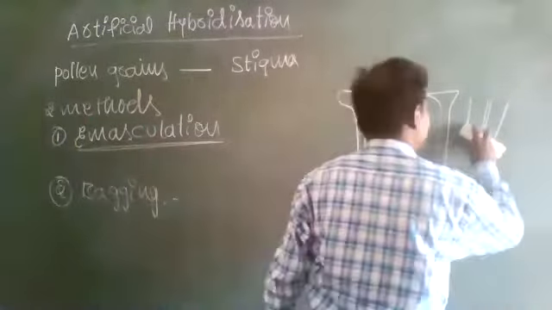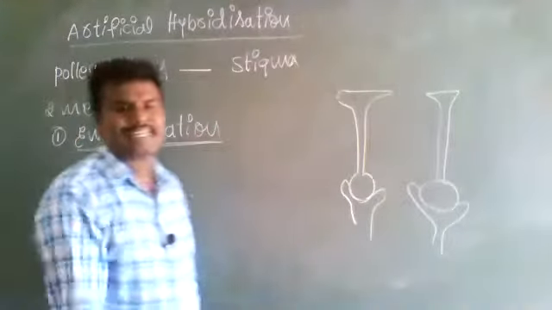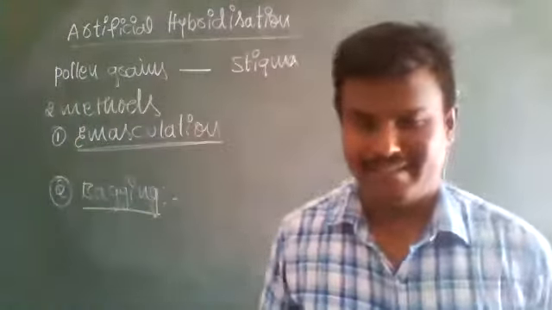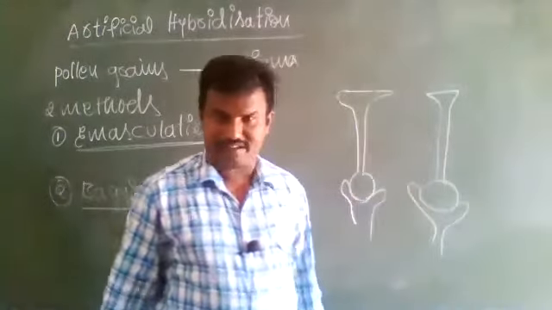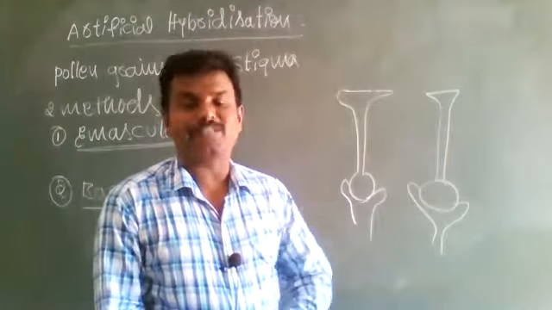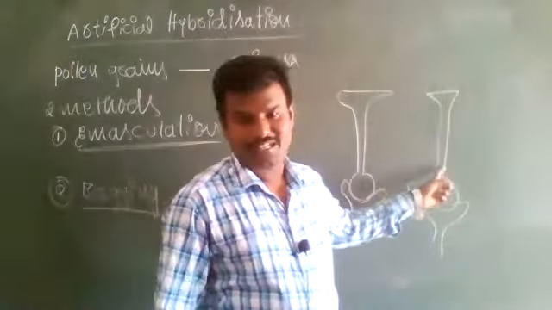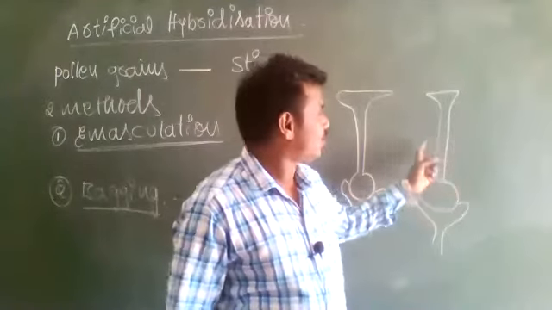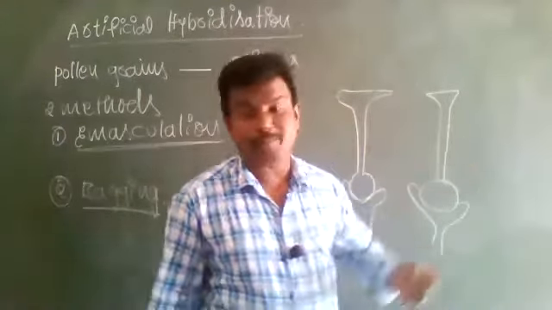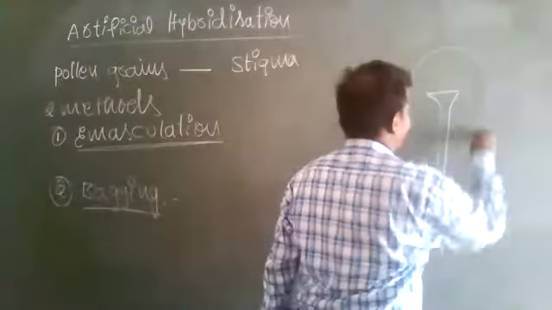This is called emasculated flower. Okay, next, bagging. The word itself says the meaning: bagging, bagged. So the emasculated flower needs to be bagged with a transparent, suitable size of stigma, transparent bag. We have to take it and cover